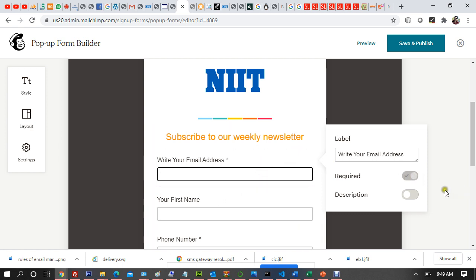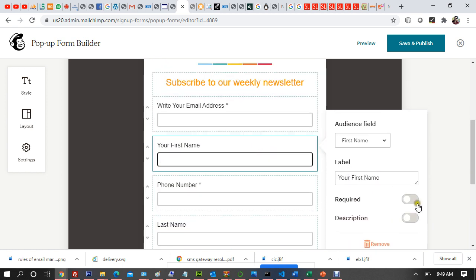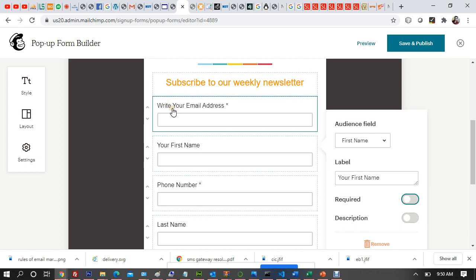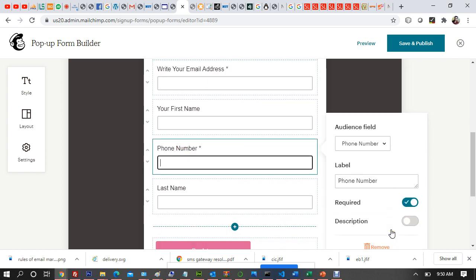But for email, since you're talking of MailChimp, and MailChimp is email marketing, right? Okay, so in the required field, our email will be required for sure, right? That means it's a forced required, but yeah, you can decide on first name. Do you want your first name to be required? Required means mandatory. Without submitting the first name, the form will not get submitted, right? Or you don't want it, right? What is the best thing that you can do? Keep email address and phone number, which are two important things, as required, right?